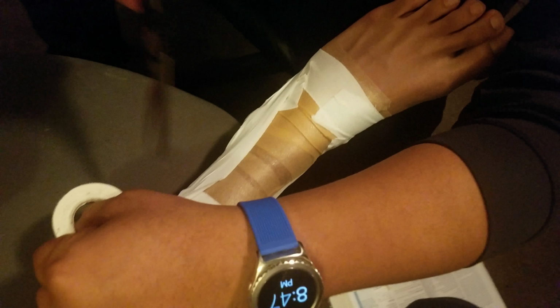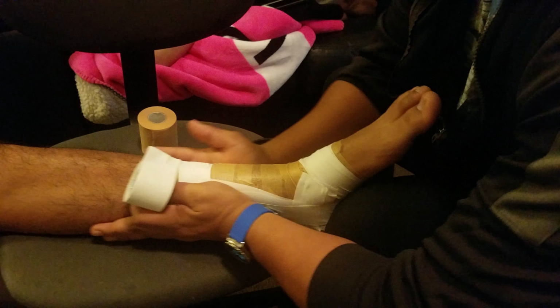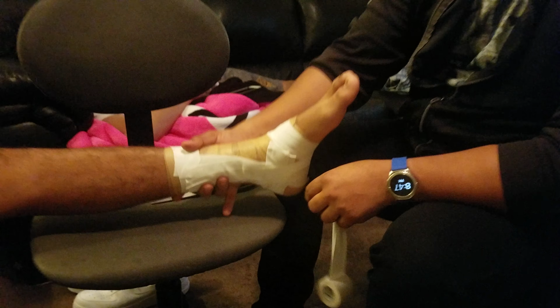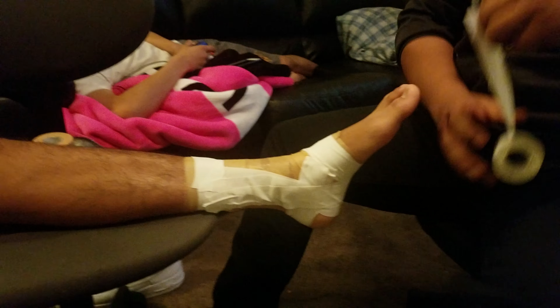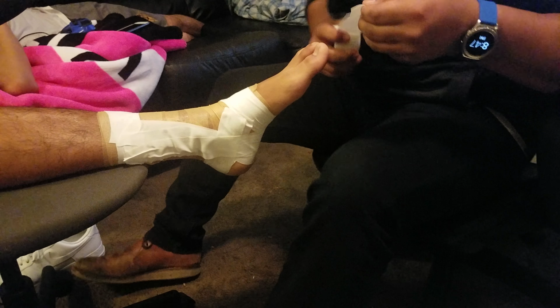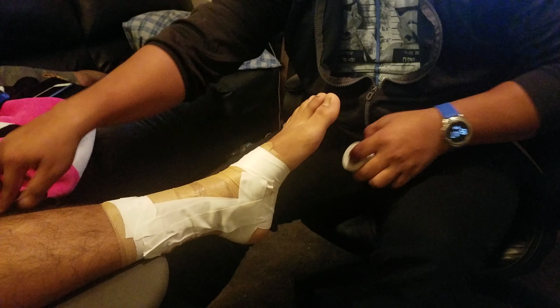And finish right there. Those scissors, just like I said, helpful. So now, since we have the support for the basket weave, we can actually go ahead and start on that. So let's bring this chair closer to you. So that way, there you go. That actually works a little bit better for me. Because this is, like I said, if you're not really good with taping, or the orientation of it, it could be slightly tricky, because we're actually going to start